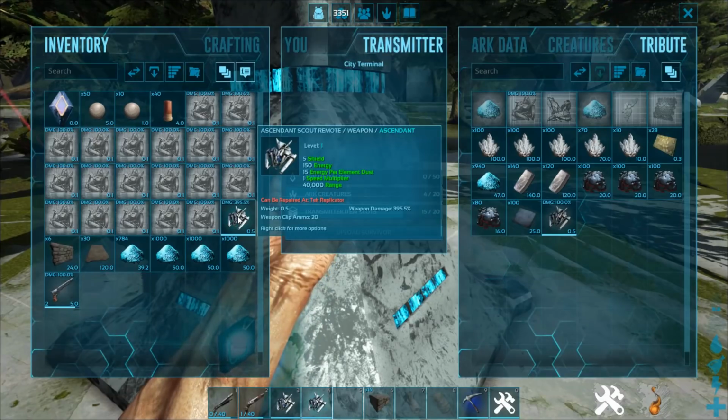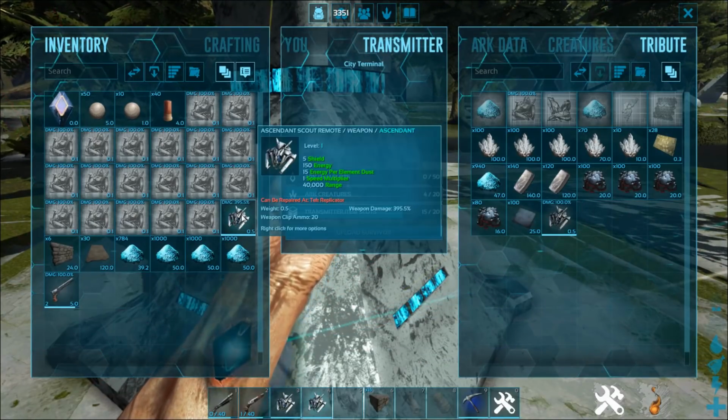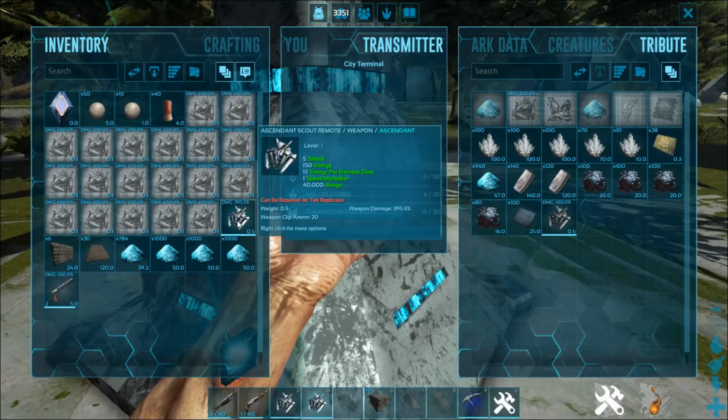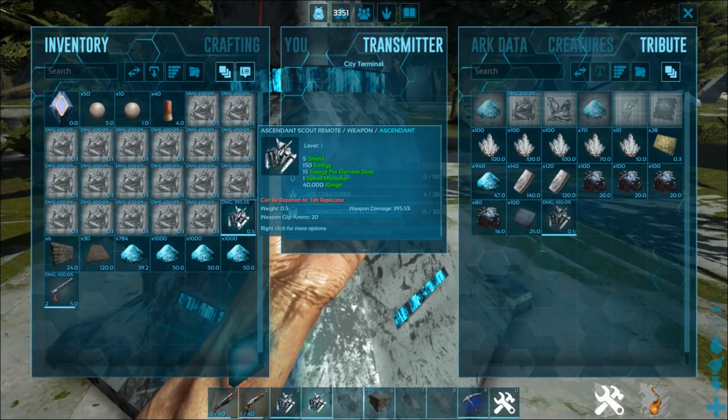So I spawned in an Ascendant remote because I couldn't figure out how to spawn in the actual dropped blueprint, so I had to spawn in the remote. So if we take a look at a level 1 Ascendant remote, it still gives us an idea of